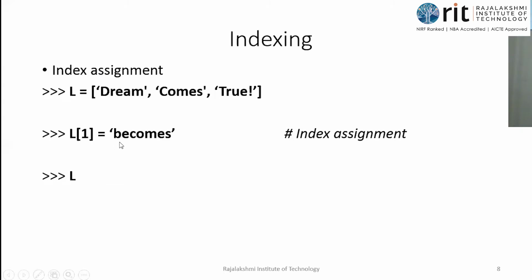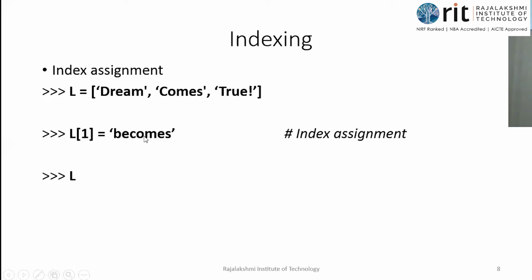Whenever you have the assignment operator, don't place a value for L of 1 on the left. If it is a relational or comparison operator, you should have values on either side. This is our assignment statement, with the assignment operator. You should focus on the right hand side. What is on the right hand side? A value called becomes. Yes or not? Becomes is within quotes, so it is a string type.